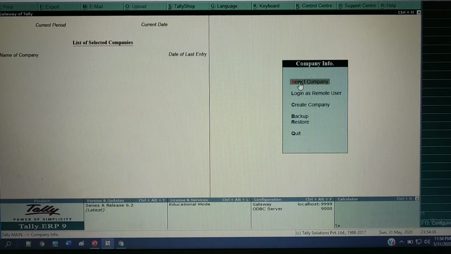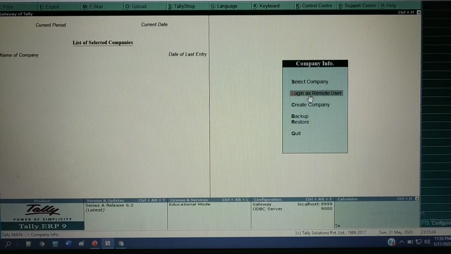Next, here you can see the Login as a Remote User option. This option is used to log in from a remote computer. This option can be used only if your Tally is an active user, and only then can you log in from a remote computer here.